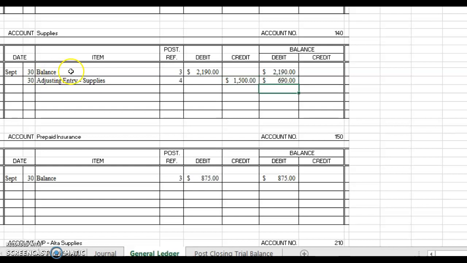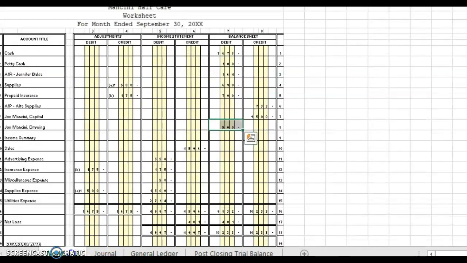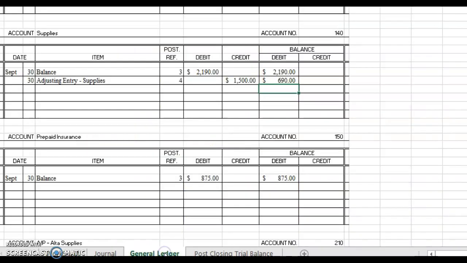$690 as our balance. Remember, if we have a debit, then a credit, and a debit balance, it subtracts. And the remaining is on that debit balance side. You can also check your numbers by going to the worksheet and the balance sheet to see what should be your ending balance for that account. Let's go ahead and do the rest for